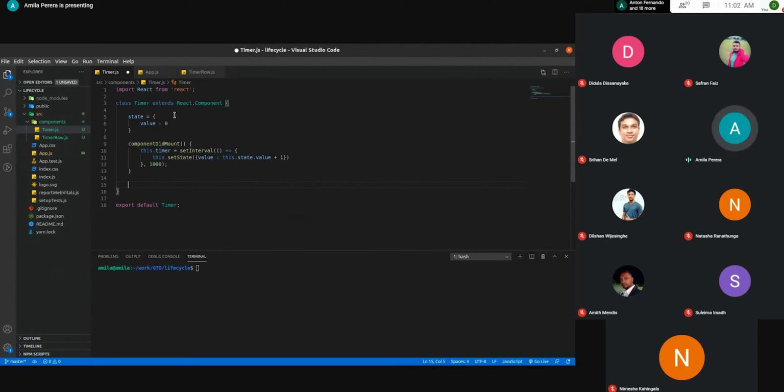As I said, componentDidMount is a good place to set timers, but we have to remove the timer. Without removing it, when the application gets huge, it is going to be a big headache for the application. So I have to remove it when the component is being removed from the DOM. The function we use for that is componentWillUnmount. It will trigger before the unmount process happens.